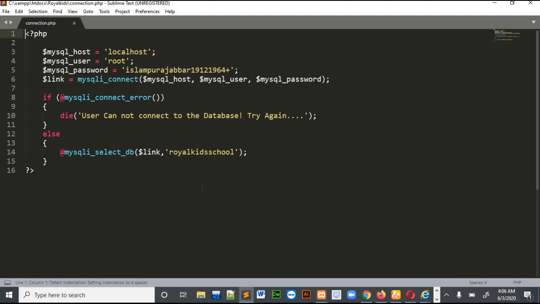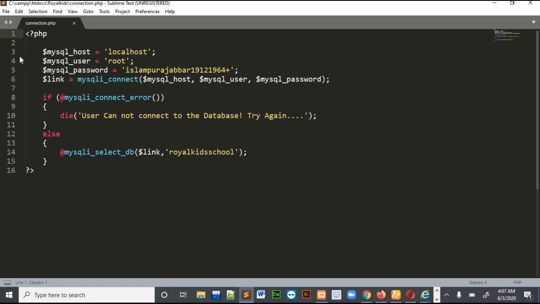So you can see that I had made a separate file for connection, so that I don't have to write that code again and again. I had just added this file on the top of every file where I had to use the database. This is a very handy practice, that you make a separate connection file, so that you don't have to write all of this code. Okay, so how do we connect our database with our PHP server?